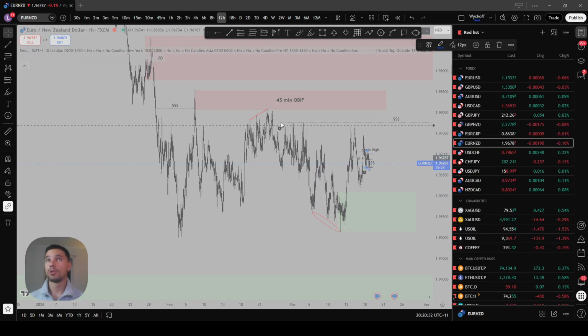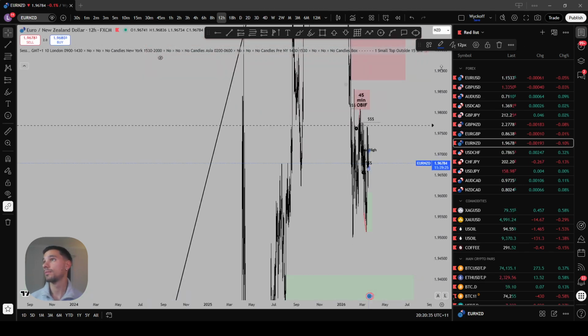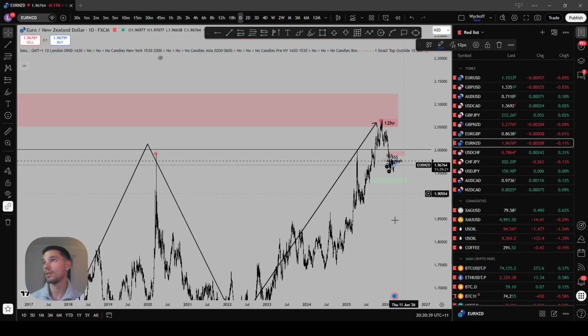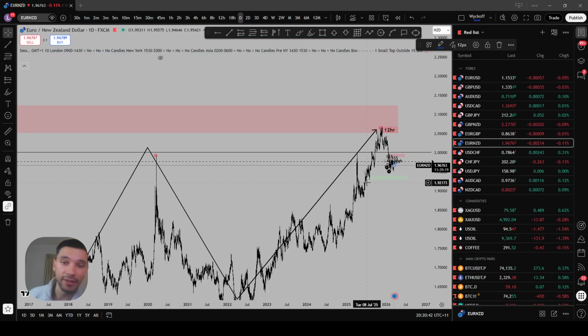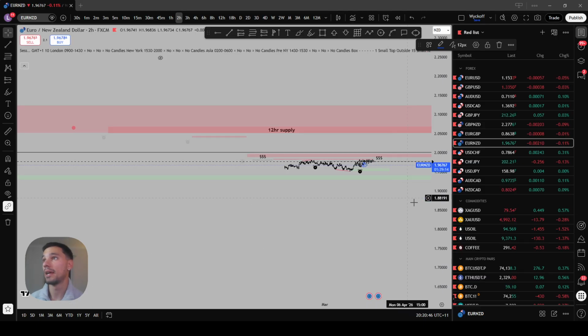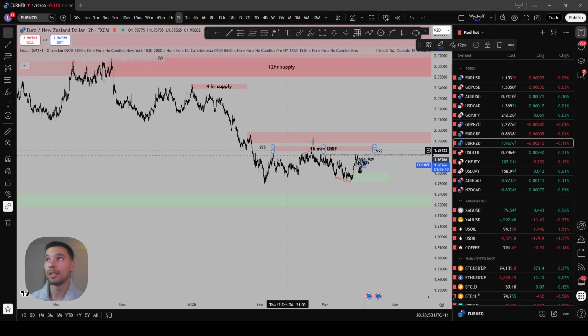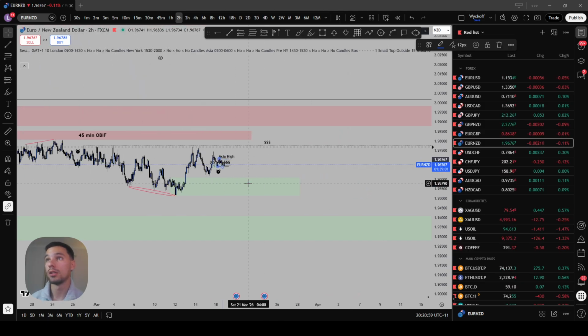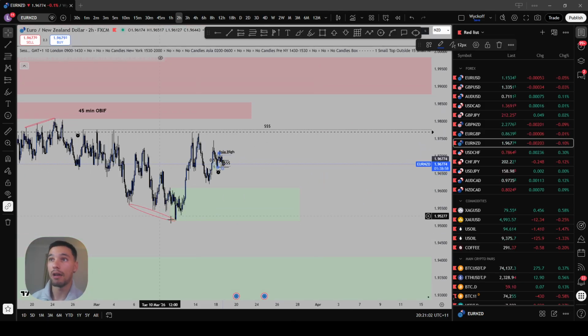Now, context-wise, which is what you want to always focus on, we're in very much higher time frame range premium. We do expect some form of pullback, which we're kind of getting now, but we do still have quite a bit of supply above us, which can be mitigated. So be aware of that, and it's also to know that you have formed this beautifully looking accumulation.